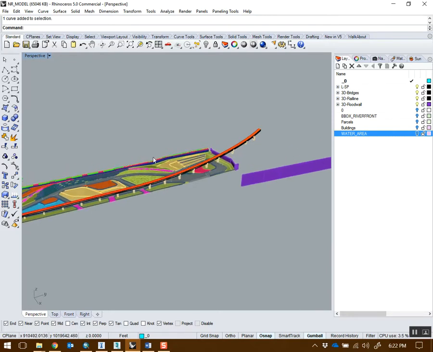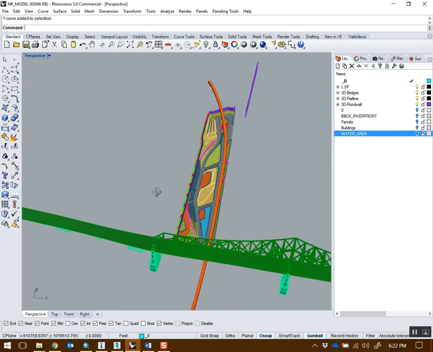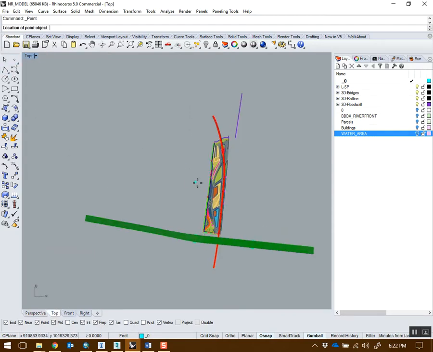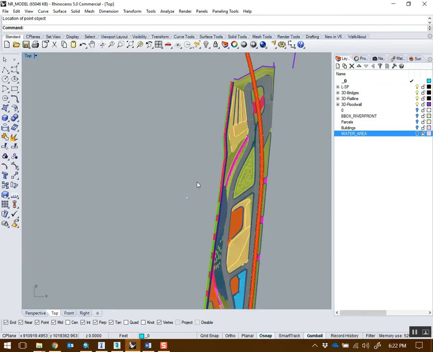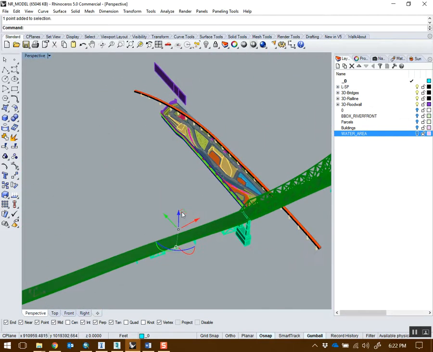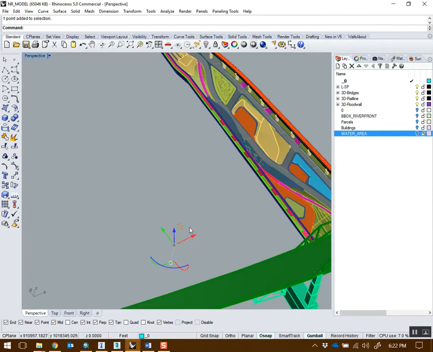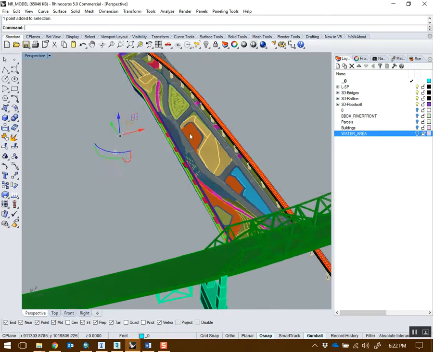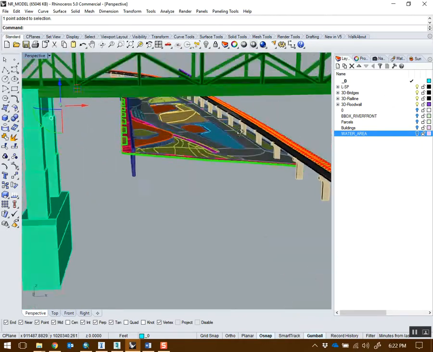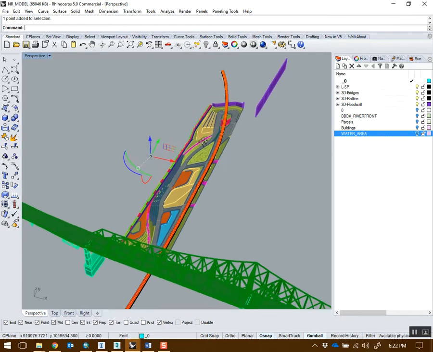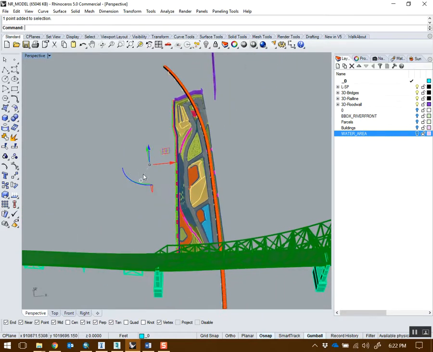So what I recommend doing is creating a translation vector. What does this mean? Basically, all this means is you create a point, right? Just create a point anywhere in your model, and ideally the point would be close to the model. So I'm just going to move this model up, say 420, because I know this area is about 400 something feet above sea level, and make it close to the actual model itself. And then you want to get the